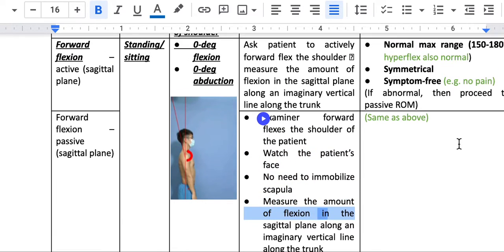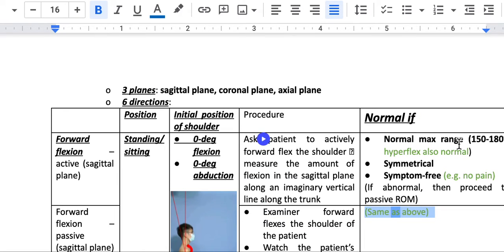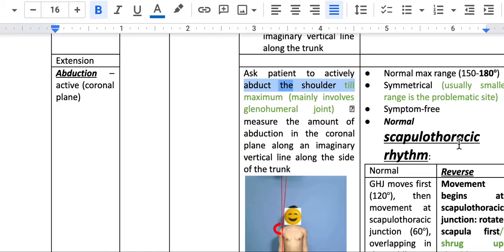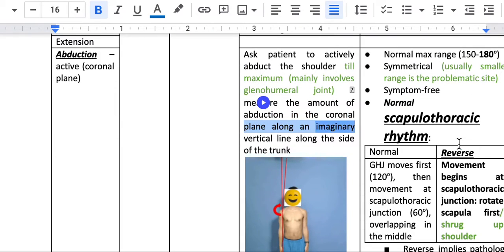Measure the amount of flexion in the sagittal plane along an imaginary vertical line along the trunk. Extension, same as above. Abduction, active, coronal plane. Ask the patient to actively abduct the shoulder to maximum. This mainly involves the glenohumeral joint. Measure the amount of abduction in the coronal plane along an imaginary vertical line along the